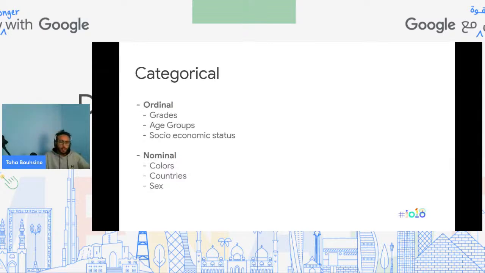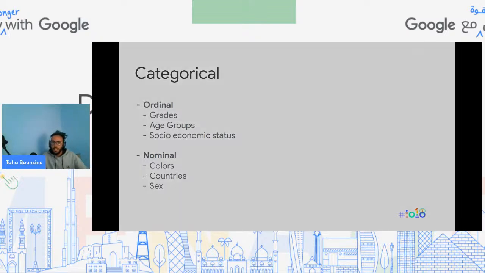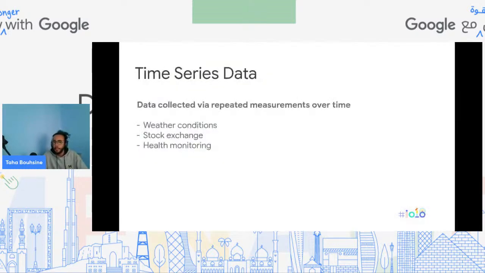And you might ask, why should we care about those types? As you know, when you feed the data to your model, it only accepts numbers. So when you have a categorical feature, you have to encode it into numbers. And sometimes, just encoding the ordinal categorical features while keeping their order helps improve the results of the model. Then, last but not least, there is time series data,